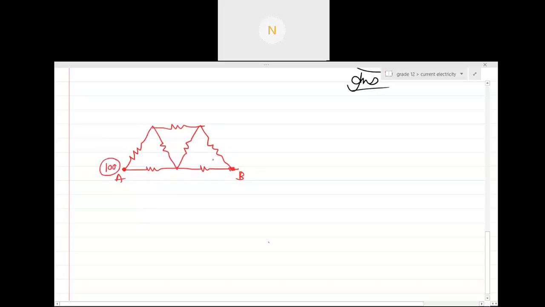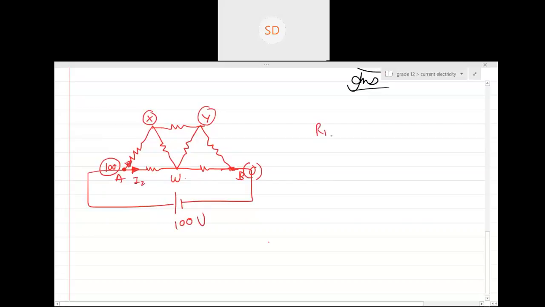This will become 100, this will become 0, this will be still your x, this will be still your y, and this will be still your w. When you solve it, guys, you'll get the same equation, but now the only change over here is r net is equals to 100 upon I. So the only change will be in the last part, 100 by. In spite of writing twice of I1 plus I2, you just write it as.